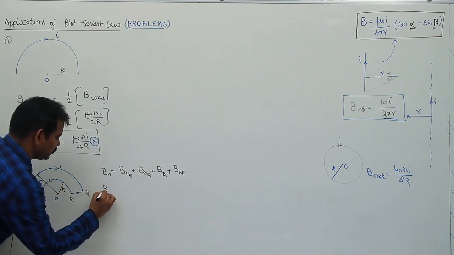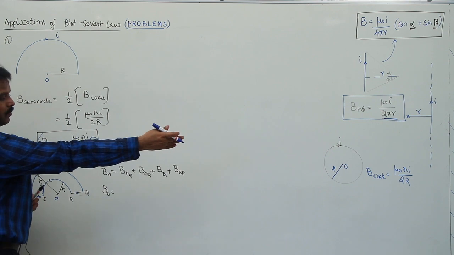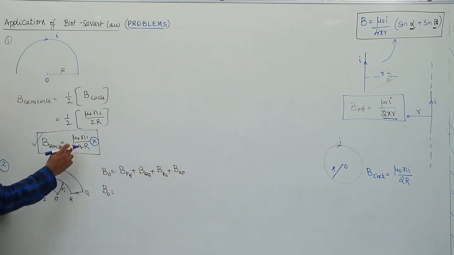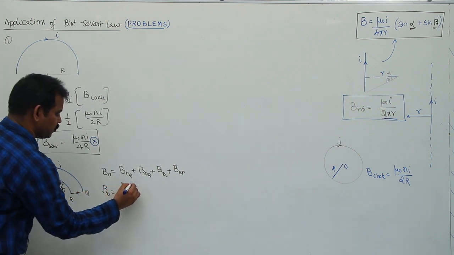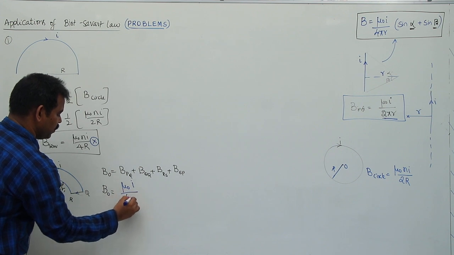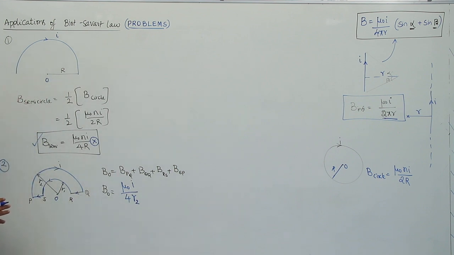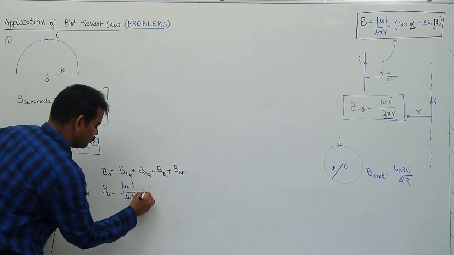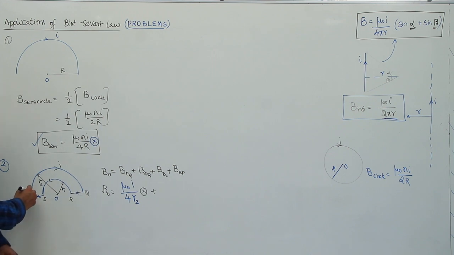So the magnetic field at the center is given by, first one, if you consider this semicircular portion, here we have this formula: for a full circle mu naught N I by 2r, for a semicircle mu naught N I by 4r. Here the number of turns is not given, so you take N equal to 1, so mu naught I by 4, and this radius is R2. So mu naught I by 4 R2. But when the current is flowing like this, the field is acting inwards, so I am going to mark this as into the board. So the first portion is over. This is B1, the magnetic field due to the first portion.